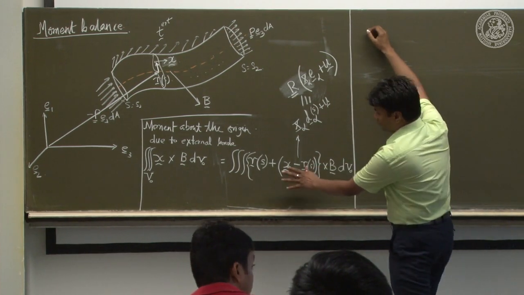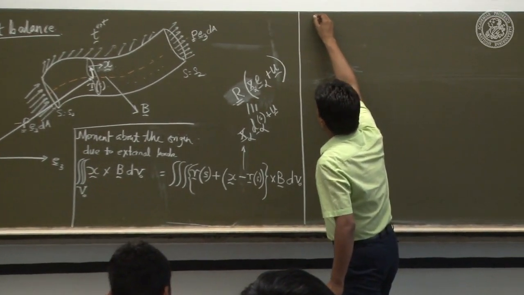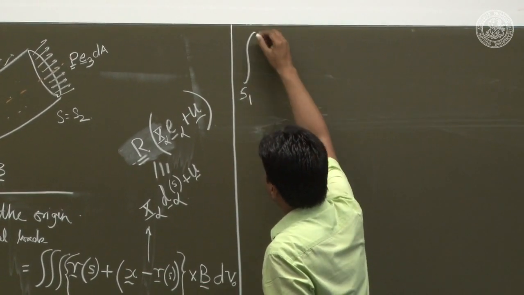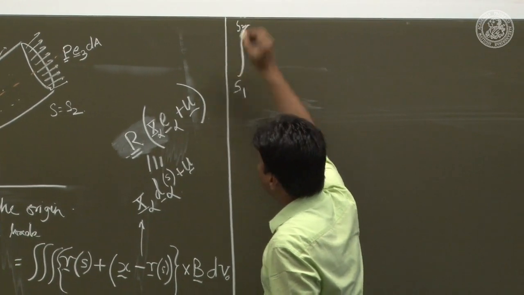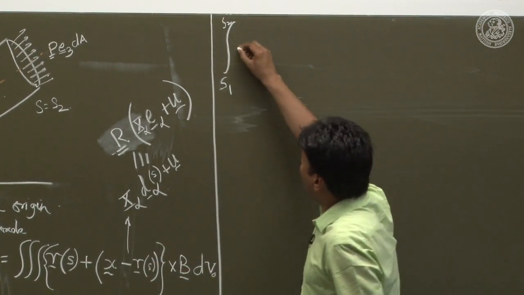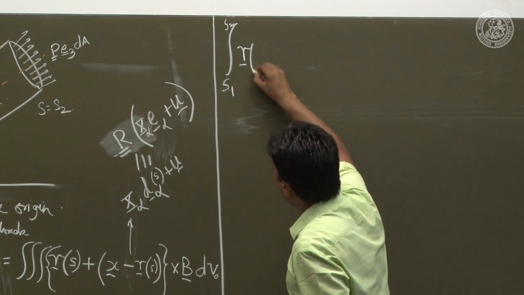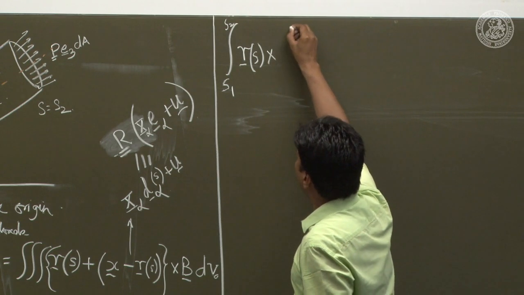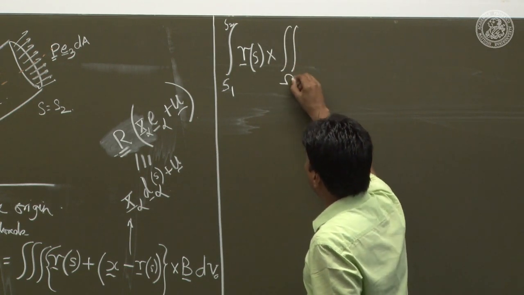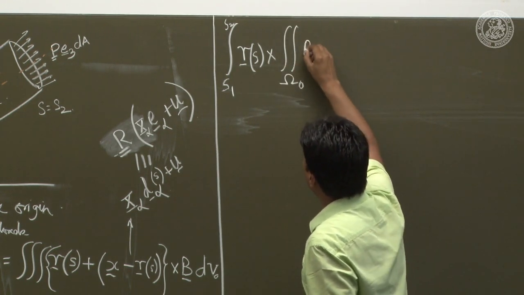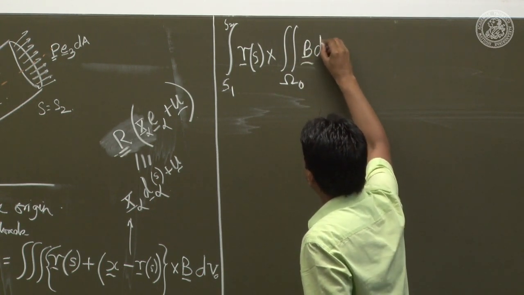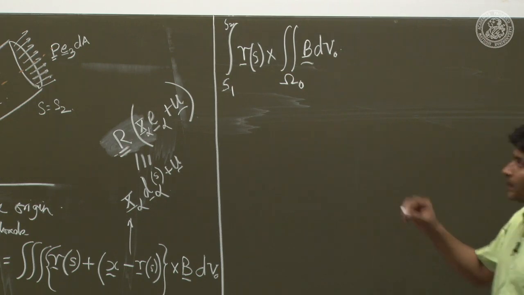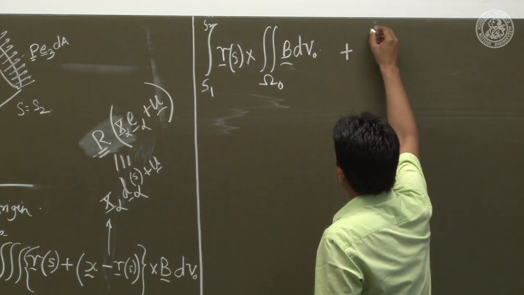We are going to split it into two parts, as you see here, and again we take the outer integral from S1 to S2, and we could write this as small r of s cross the integration over the cross section of B dV naught plus